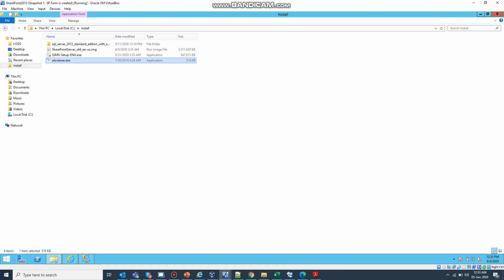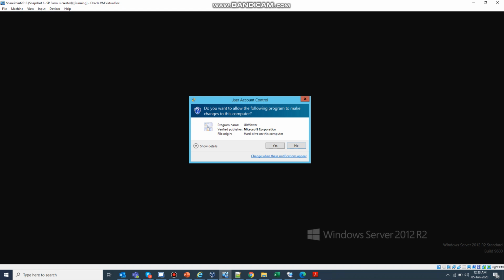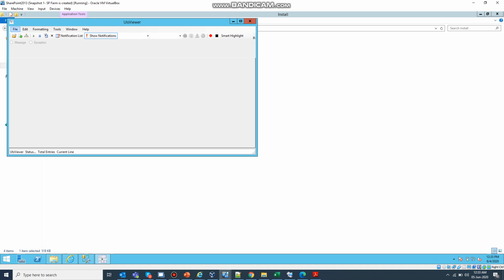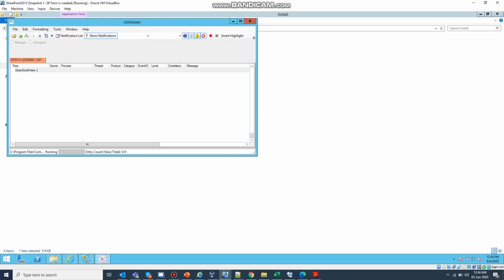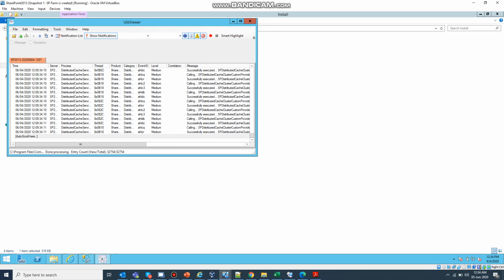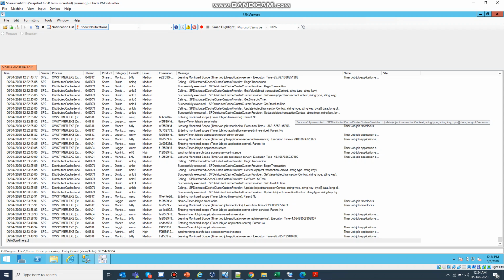This is ULS Viewer, run as an admin. These are the logs which are generated by my SharePoint, sorted by date modified, and click it to view the logs. As we didn't face any issue, we are not going to view the logs. We are just closing it.